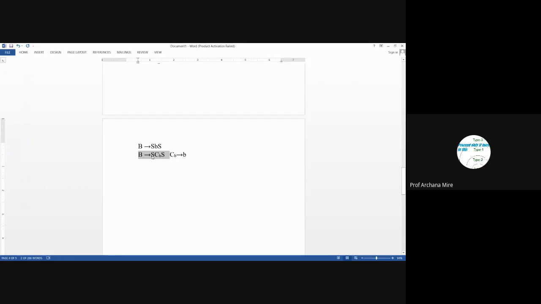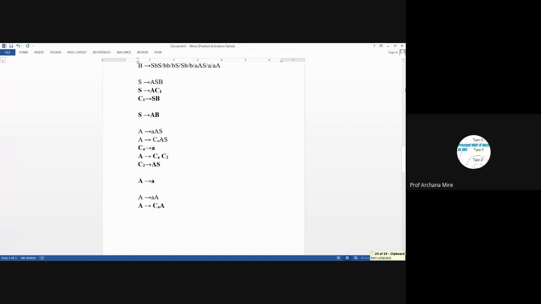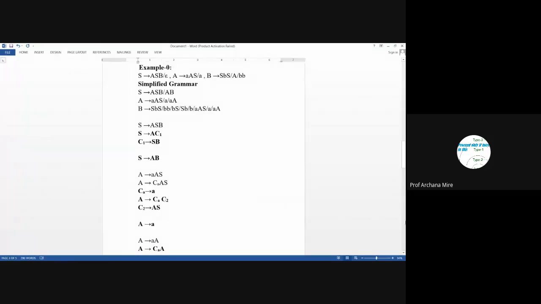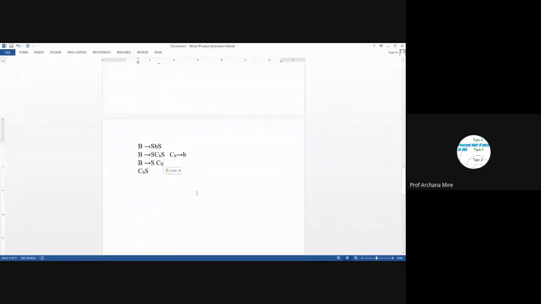And what is the next step? In the next step, the first non-terminal will be kept as it is, and the remaining substring, that is CBS, will be replaced with a new non-terminal. Let's check which number we used last time. Till C2 we have used. So now we will be using a new non-terminal, that is C3.